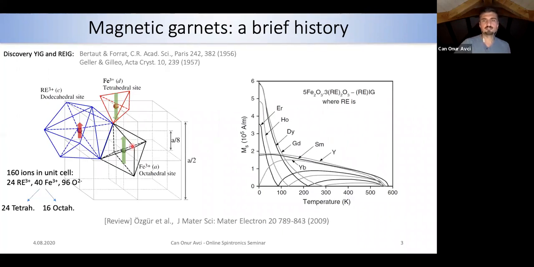But if you observe that the compensation temperature deviates from the theoretical prediction, it means that these ions are not where I'm describing them here. So there could be two things. Either there is an excess of some rare earth, or less of the rare earth than what you need, or that they occupy different sites. So that could be also another way. But the control of it is not, for now, let's say, possible.